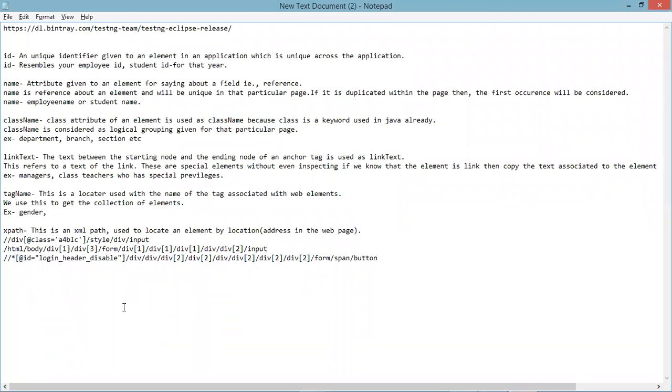Right, you can see here it doesn't say about the first one. What is the first HTML node? It is not talking about all those things. It is talking about the login header which is being disabled, right? And the remaining things are the same. Yes, the flow, whatever we are having, right?